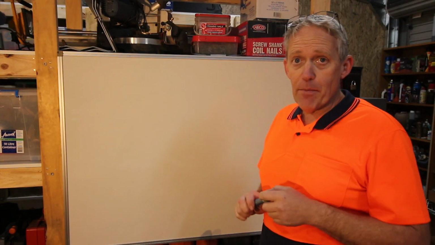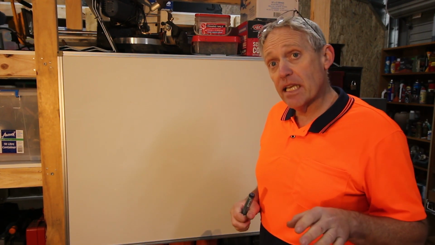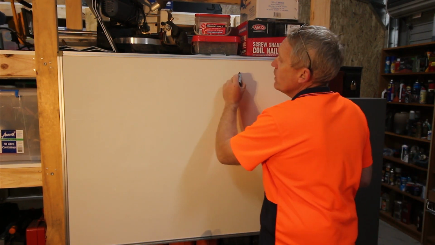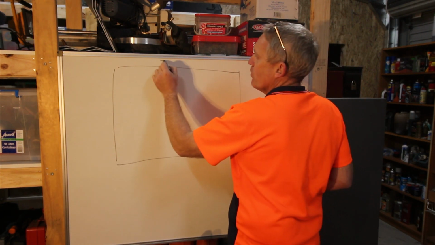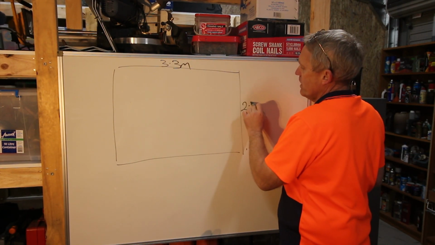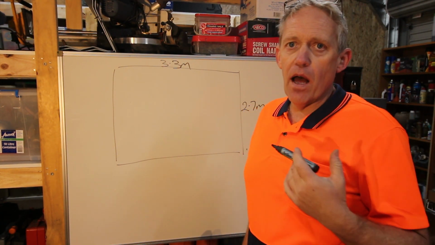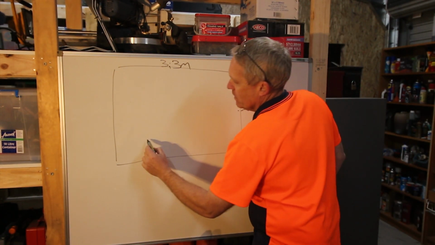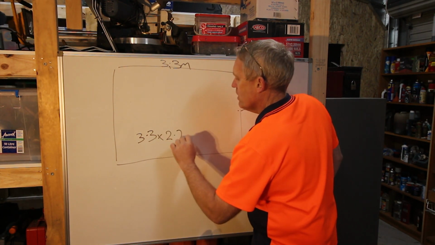Okay, so the second example we're going to do now is the bathroom. In this particular case, we'll do the wall that had the window as part of it. Now, if we look at the whole wall, we know that that bathroom wall was 3.3 meters wide, and it was 2.7 meters high. So all you need to do to figure out the square meterage of that is multiply those two numbers together. So again, as we've done before, 3.3 by 2.7, which is equal